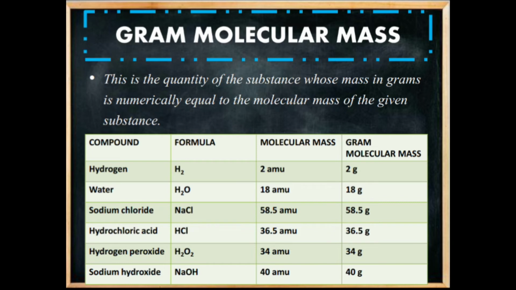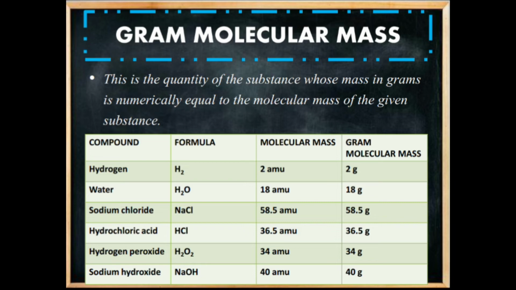Okay. And all these compounds have the same number of molecules, that is 6.023 into 10 to the power 23, which is Avogadro's number. Here we have to remember one thing, that molecular mass of a substance is different from the actual mass of its molecule. Like hydrogen, its molecular mass is 2.016 gram, but the actual molecular mass is 3.32 into 10 to the power minus 24 gram.